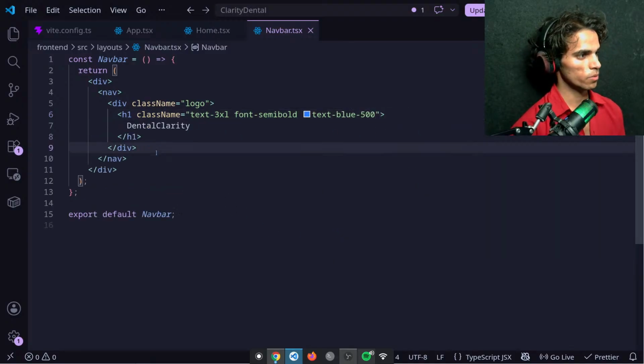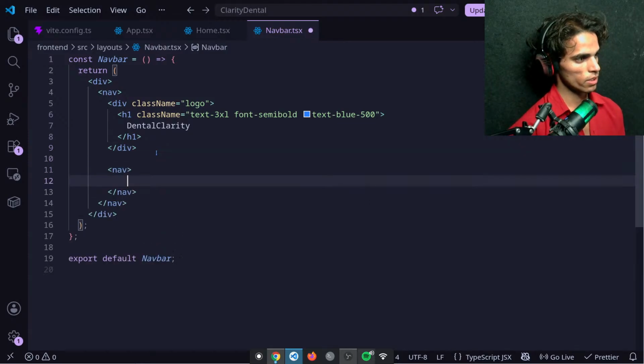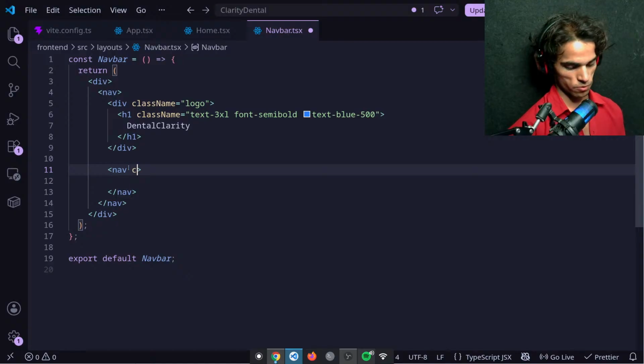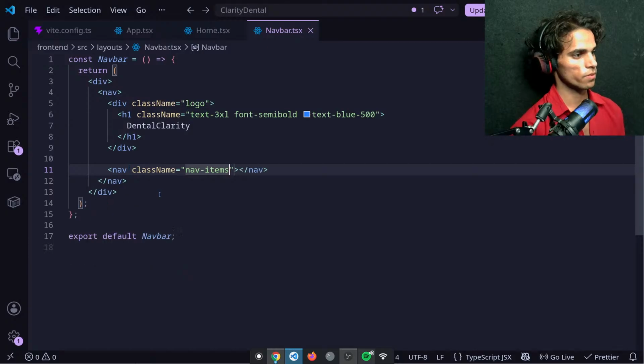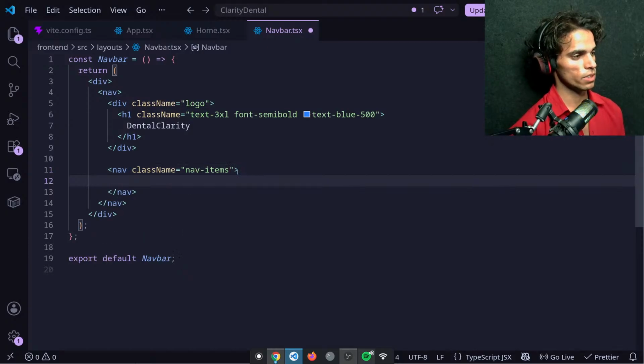And then we will have nav. Inside this nav I will give it class name for now, like nav items. Inside this we'll have multiple nav items.